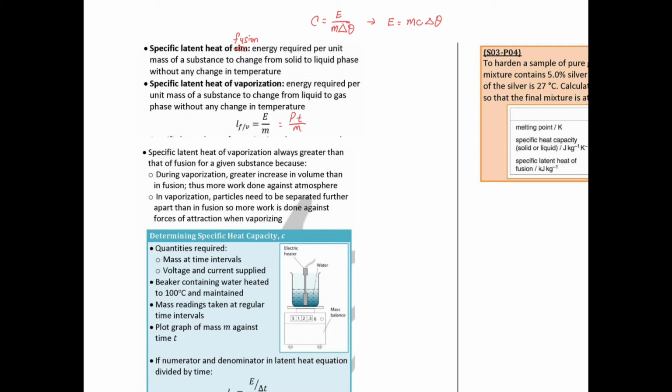And this formula, if I rearrange it, I will get E equal to ml fusion or E equal to ml vaporization. So these two formulas are used when there is no temperature change, and this formula is used when there is a temperature change. So the delta theta means change in temperature. So let's say, for example,